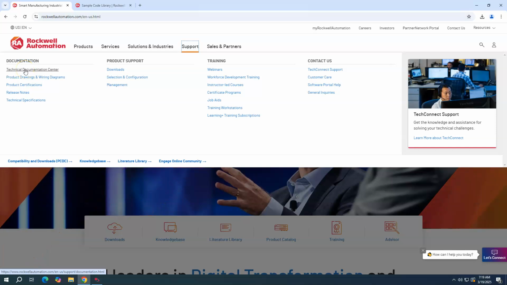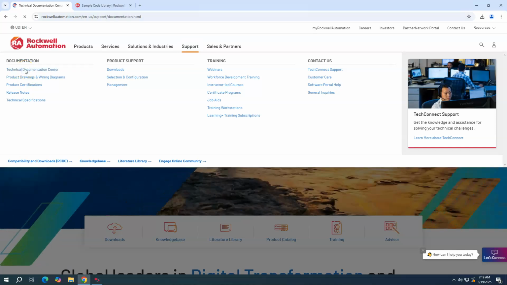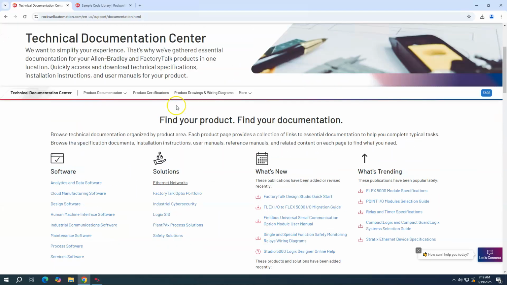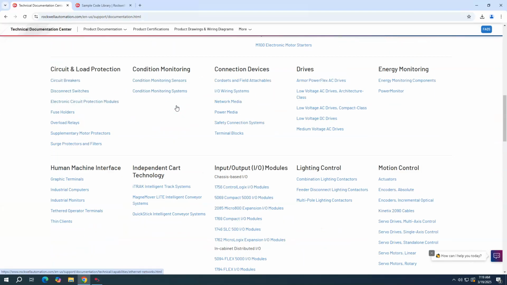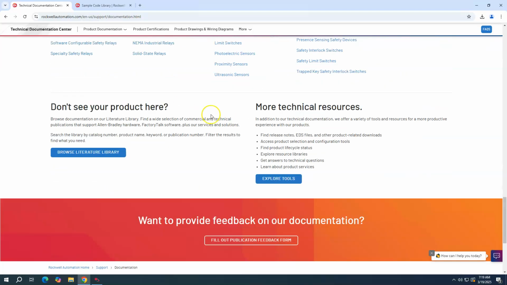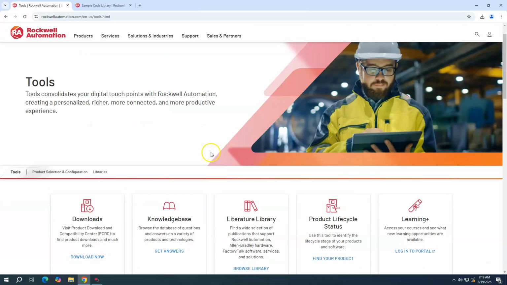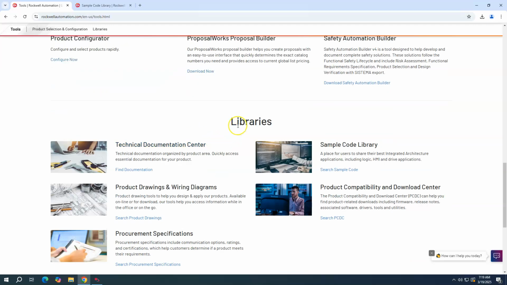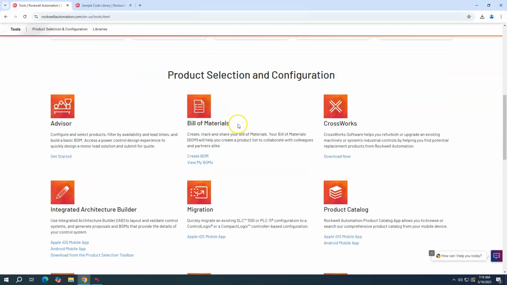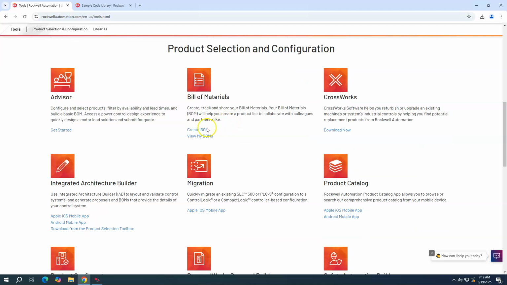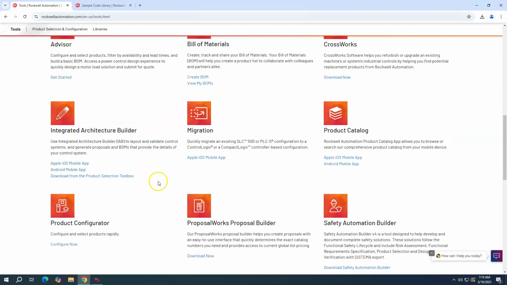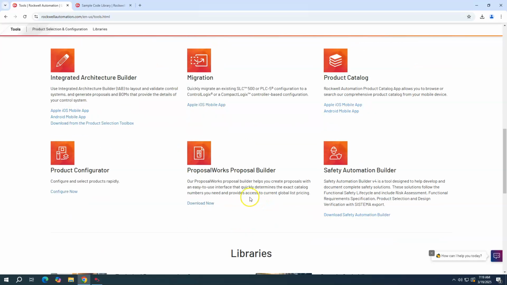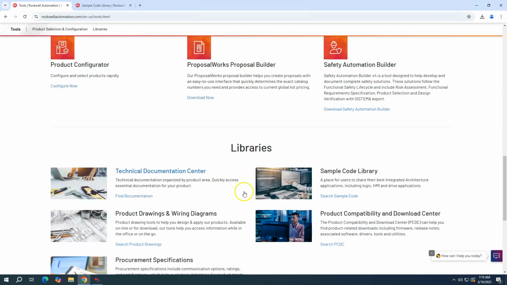But if we go under the Technical Documentation Center, it's not on this page, unfortunately, but if you scroll down to the bottom of this page, there are more technical resources and it says Explore Tools. And on the Tools page, if we scroll down a little bit, we will find the libraries. But I also want to show you that on this Tools page, this is where you can also find things such as the Integrated Architecture Builder and Proposal Works tools, which are quite useful for configuring and building up bills